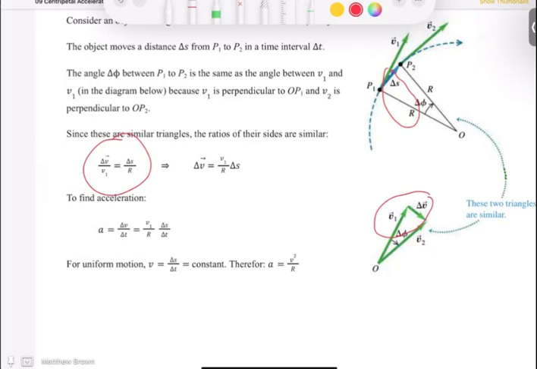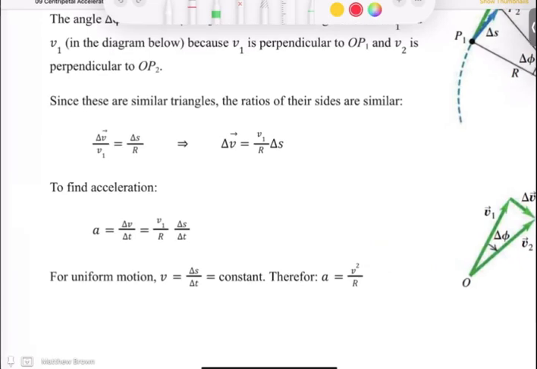You can rearrange that for delta V, and that's all that happens here. So that's V1 over R times delta S. So to find the acceleration, the acceleration is delta V over delta T. We can take that delta V equation and substitute it in there. And that leaves us with delta S over T, which is just V. And since V is constant the whole time, whether we write it as V1, V2, or just V, it doesn't really matter. And that gets us to this very important equation here,